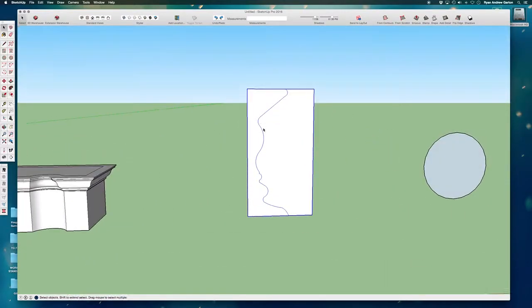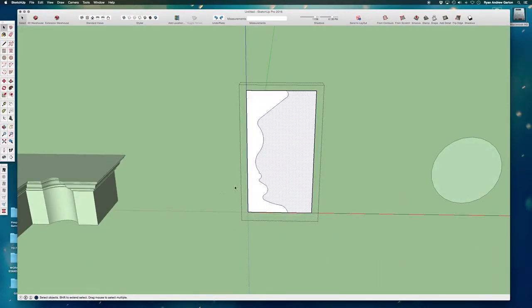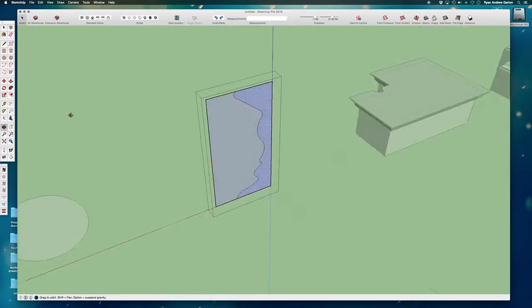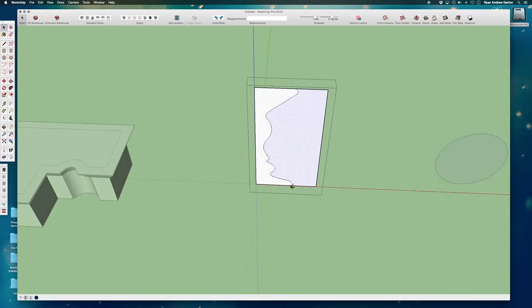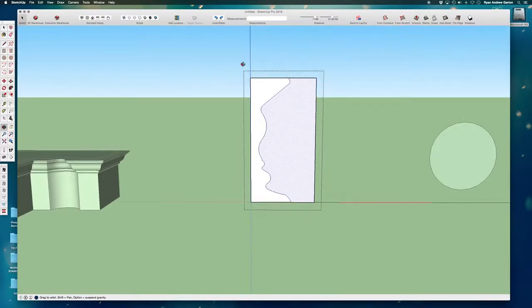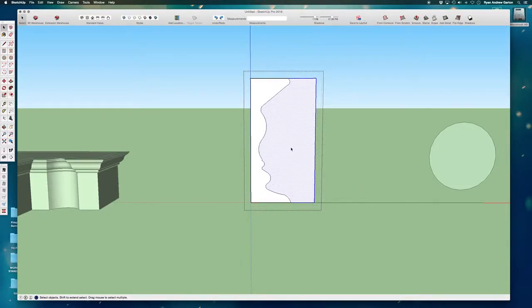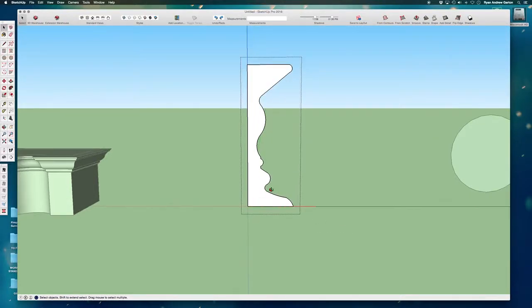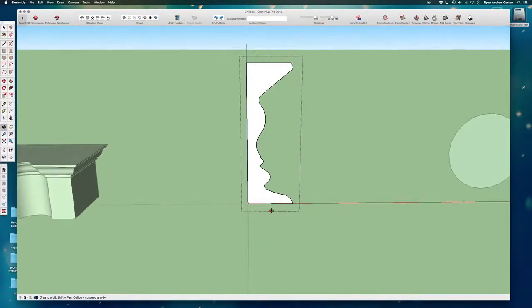Now here we go. We have a profile drawn onto a flat plane. And what I want now is to use Follow Me where this actually follows itself around in a circle, creating a turning. So I will select the pieces I don't want and delete them. So now what I have is this profile shape,